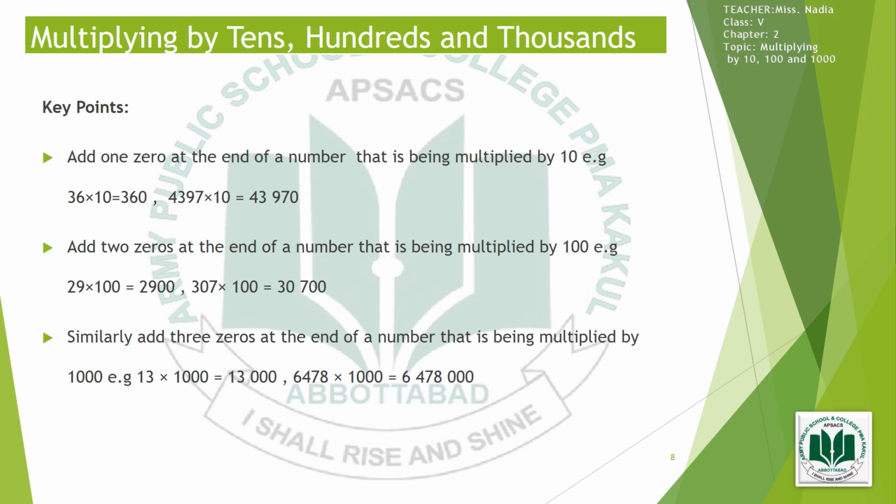43,970. And when a whole number is multiplied by 100, we add 2 zeros at the end of the number. For example, 29 multiplied by 100, we will add 2 zeros at the end of 29. That is 2900. And in another example, 307 multiplied by 100, after adding 2 zeros at the end of the number, the new number is